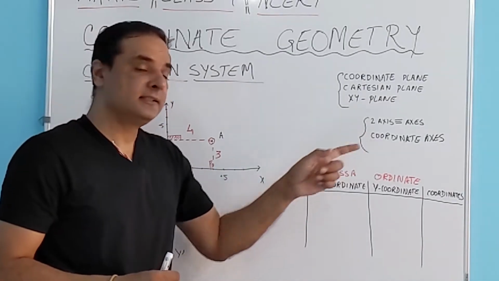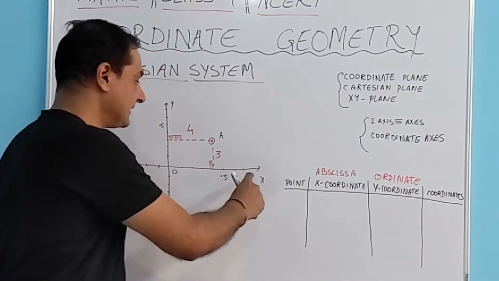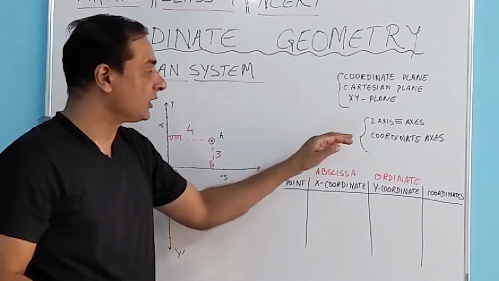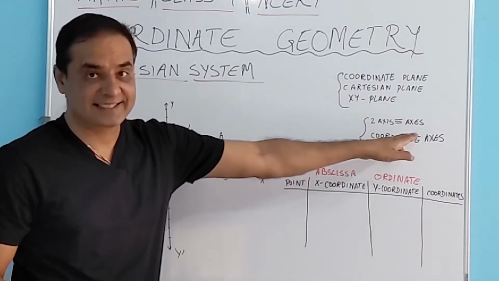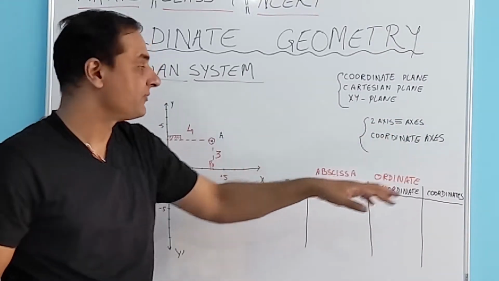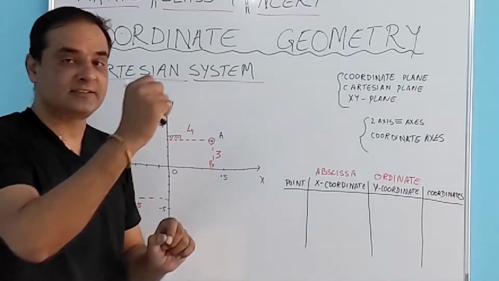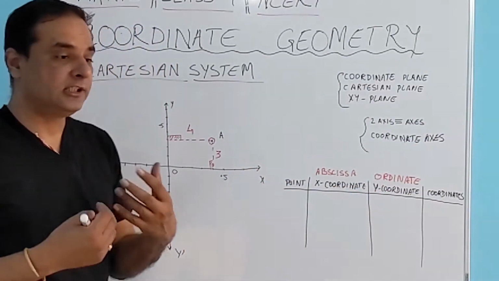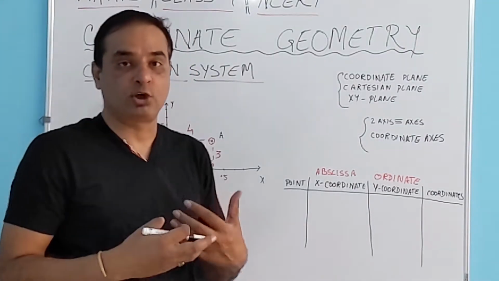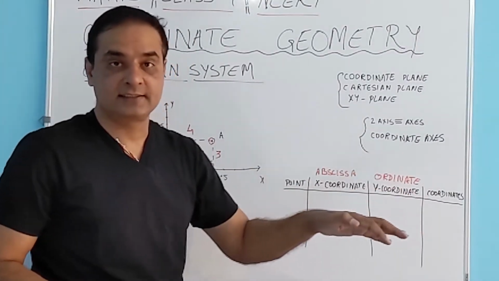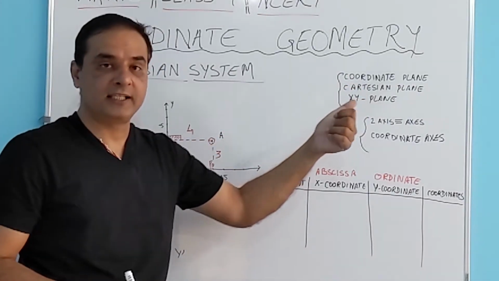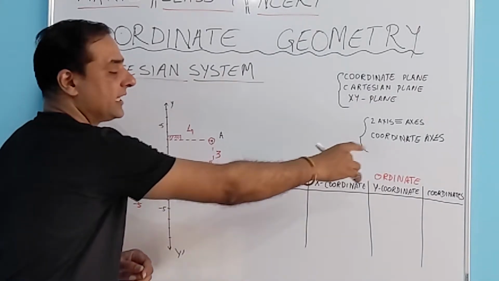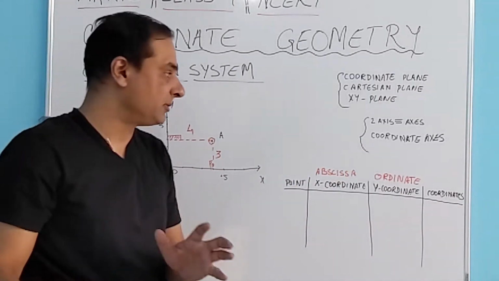Another one is we call x axis and y axis. If we take the plural of these axes, it is known as axes, A-X-E-S. And saying that x axis and y axis, we just call both of them together as coordinate axes. So if a question comes that draw coordinate axes in the coordinate plane, so what do you need to do? There is a plane and in that you need to draw x axis and y axis. So please do remember that.